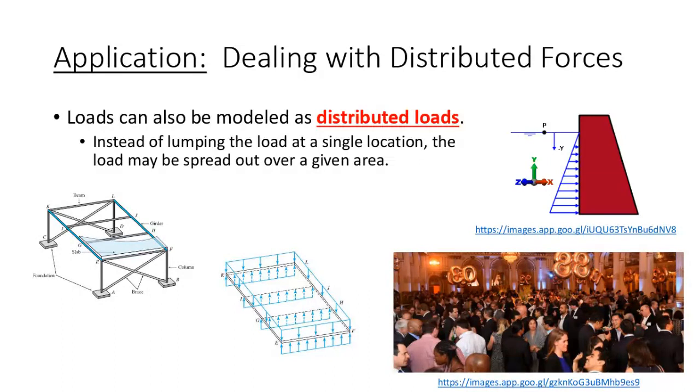The other part is figuring out where to place that resultant. I place it at the centroid of that distributed load, and that will create a system that is statically equivalent to a real life model,